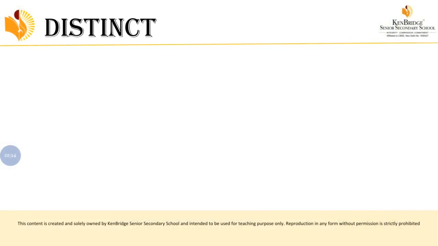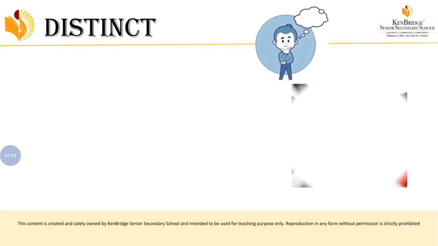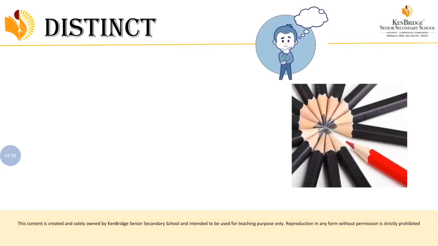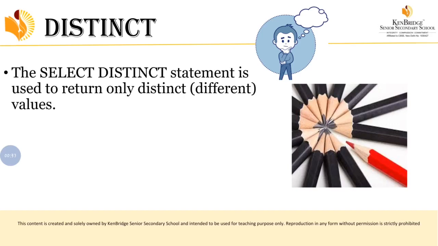So first clause is the distinct clause. So what is the meaning of distinct? The meaning of distinct is different. Okay, so let's see what that is. The select returns only the distinct values. The distinct values in the sense it's different values. Whatever values are different, it will retrieve that alone. So the main use of the distinct statement is to return only different values. That is why the clause is called the distinct clause.